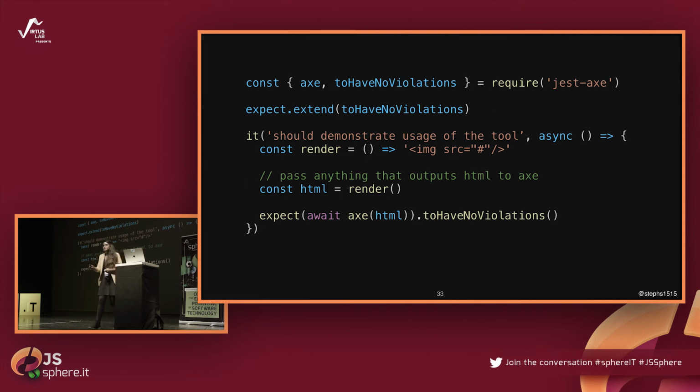It's an NPM package. You input HTML, and it will spit out accessibility violations in your HTML code. So it's a very good way to catch small errors or basic things that are considered in the standards. But it will not solve all your problems, so you should not rely only on this.